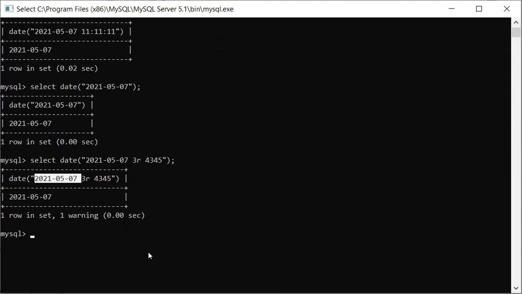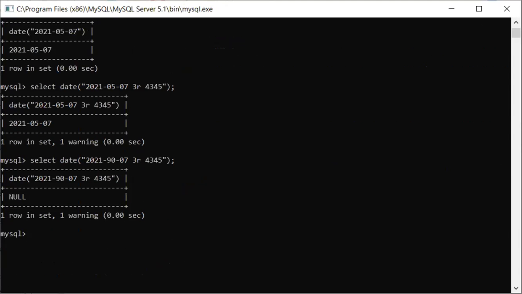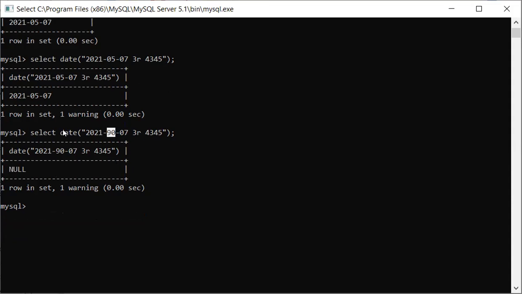But if there are mistakes in the initial values, for example, here if I'm writing 90, you can see in that particular case it is not going to work. So you have to understand that your date format has to be proper. If it is not proper, then it will not fetch that particular date. It will give you a null value because we do not have 90 in any date, no month, no date. So this is what your date function is.